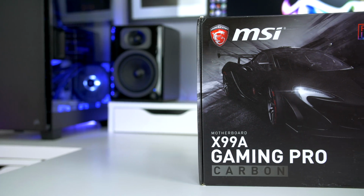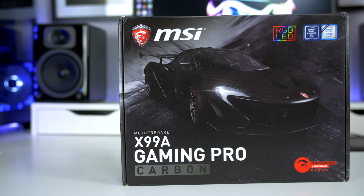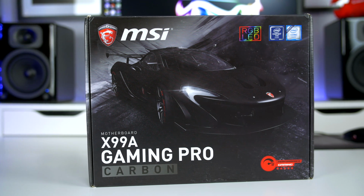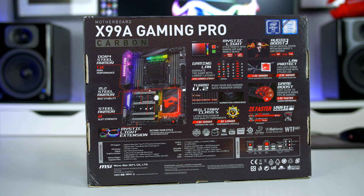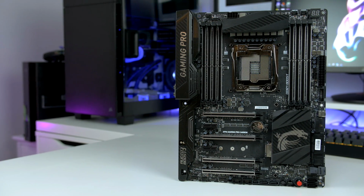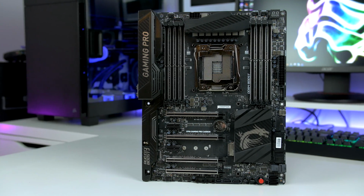At the moment there are many manufacturers releasing refreshed X99 boards that are starting to arrive with all the features. Some of them we have already seen on Z170 boards, so you would think choosing one for my upgrade would have been hard. Well, the moment I laid my eyes on the Gaming Pro Carbon, I knew this was the board for me. At a reasonable price of $330 in the US and £270 here in the UK,